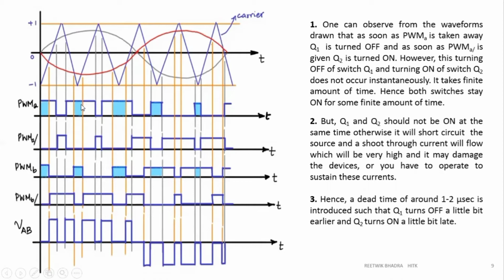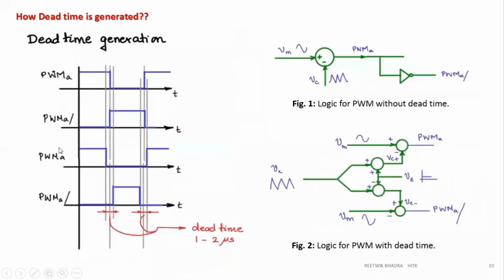So what we will do is that in between this PWM A and A bar, we will give a delay time or a dead time. You have heard of this in control systems. So you will include a dead time of 1 to 2 microseconds between A and A bar. Now the next slide will go into the procedure of how to give that dead time. So I think you have understood the problem, what is happening, and we should always eliminate that problem as I have told you, otherwise it will lead to high short circuit current. So next slide is PWM generation.